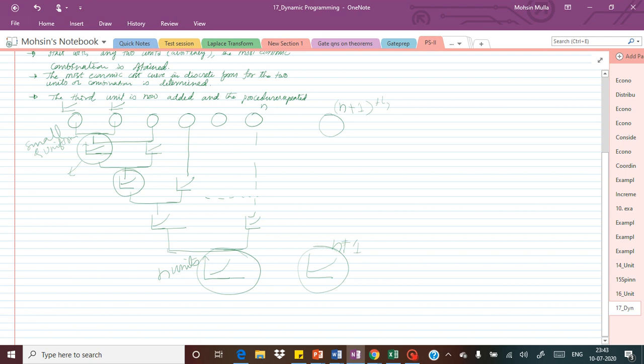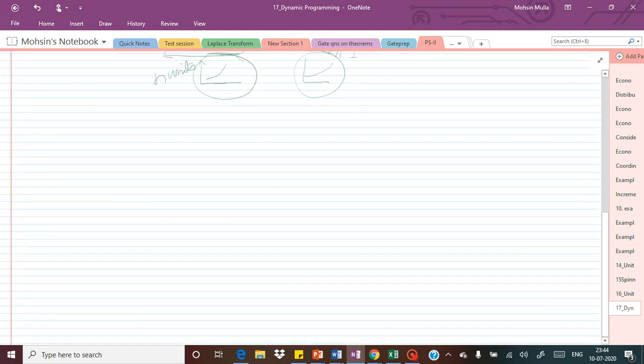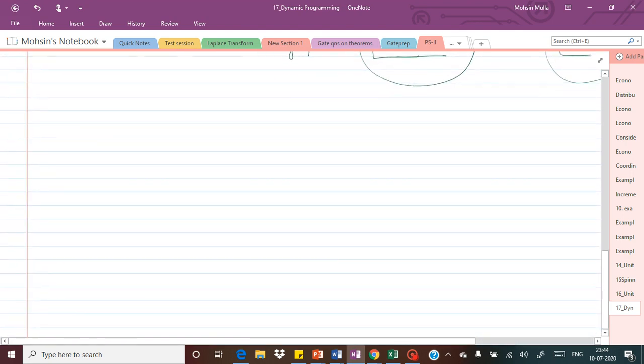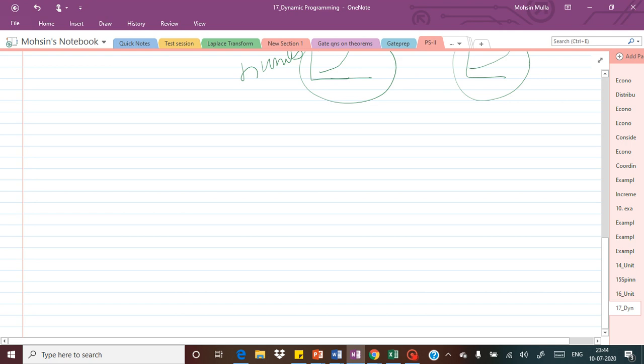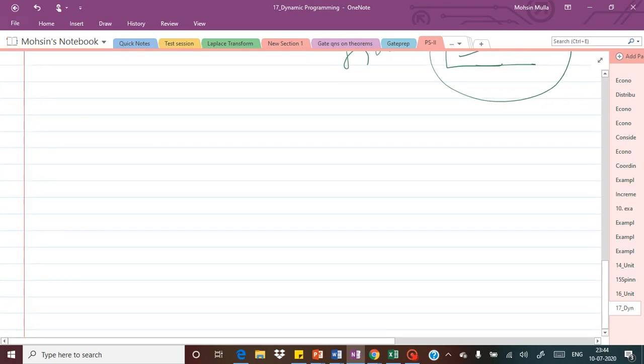This is called dynamic programming because it follows one particular algorithm. Whatever we are doing for one combination is continuously repeated for the n plus 1 combination also. It follows a particular set of steps, which is nothing but an algorithm. So let us represent this in the form of mathematical equations and obtain the recursive formula. Recursive formula means a formula suitable for one combination that can also be used for the next unit.